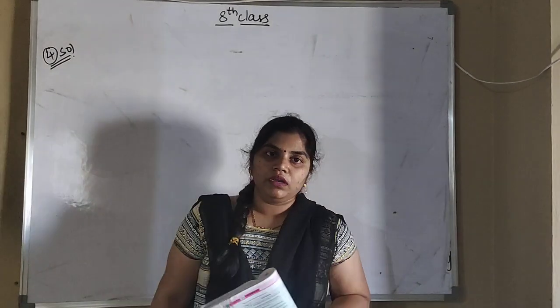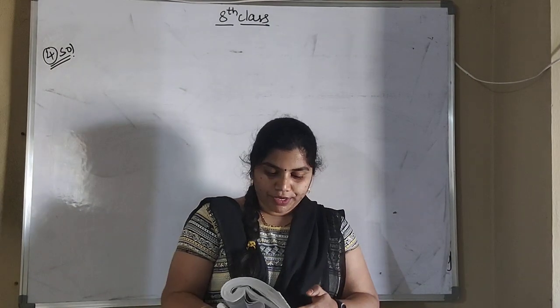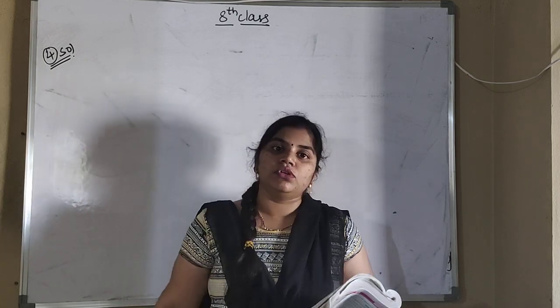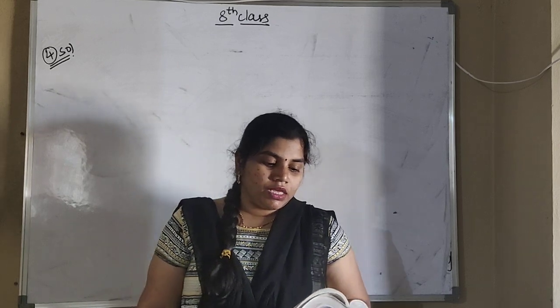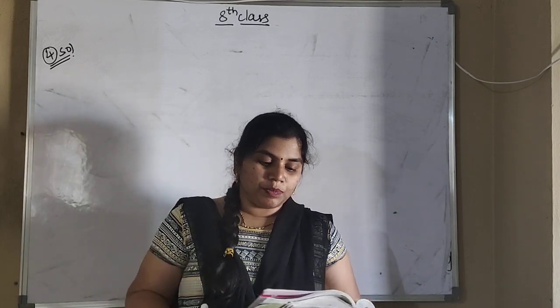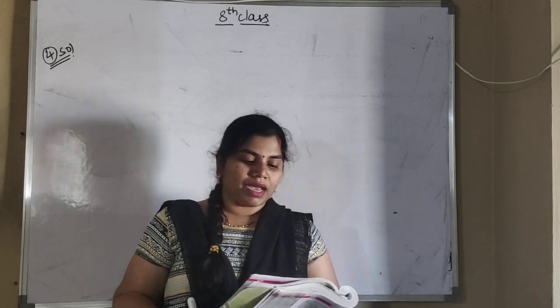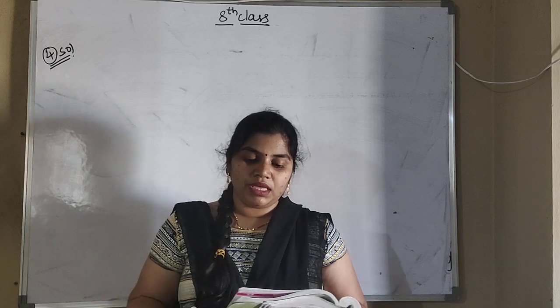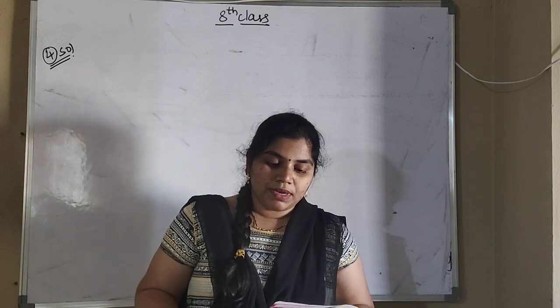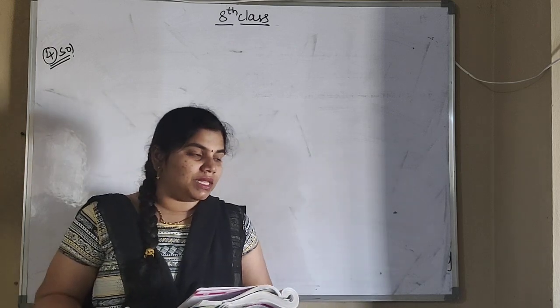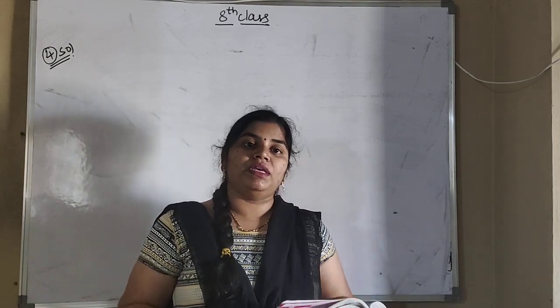So good morning everyone. We are doing exercise 11.3 and in that we are doing the last question, for the solution. So what is that? If A, B, C are positive real numbers such that (A plus B minus C) by C is equal to (A minus B plus C) by B is equal to (minus A plus B plus C) by A, find the value of (A plus B) into (B plus C) into (C plus A) by ABC.